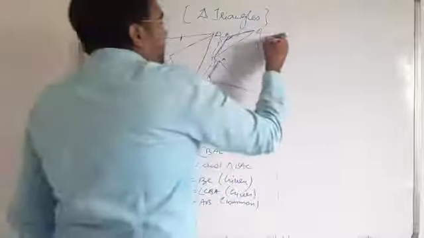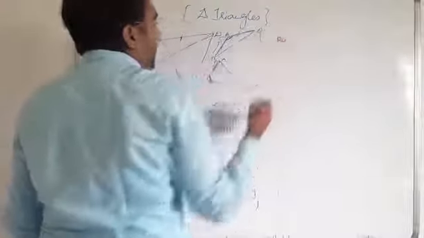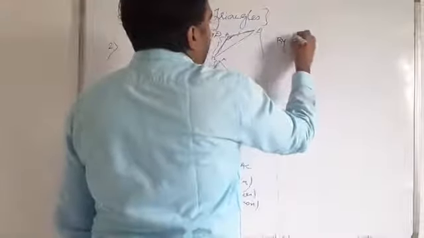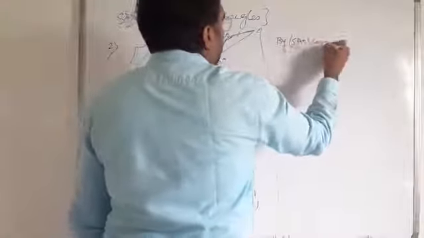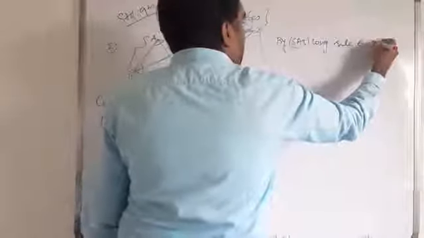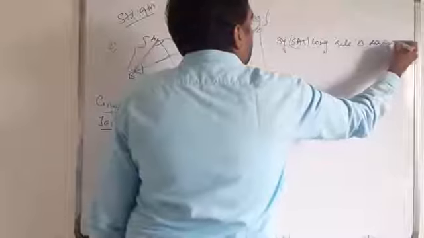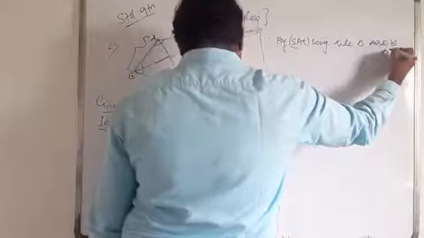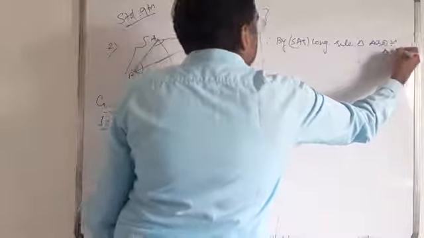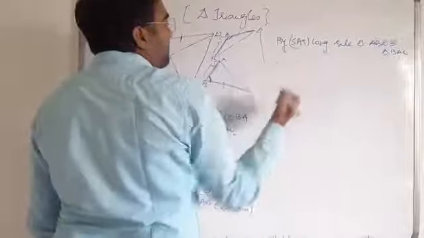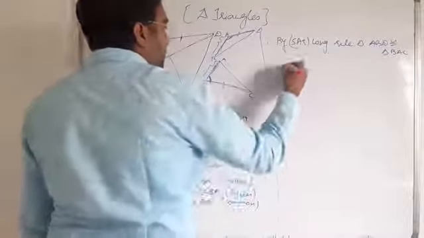So therefore, by which criteria? Side angle side congruency rule, triangle ABD is congruent to triangle BAC. Okay, so therefore